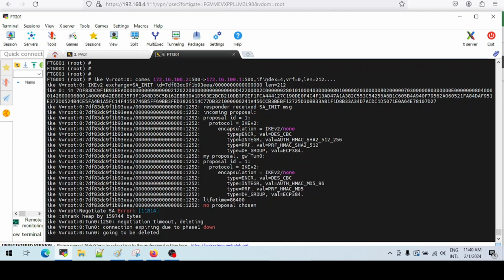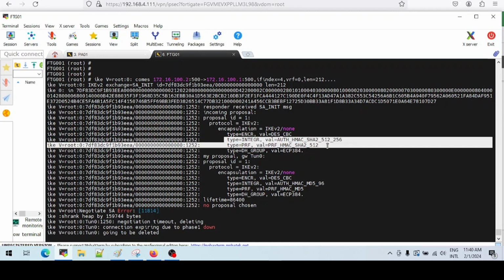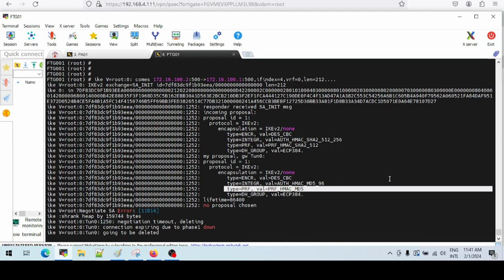So, without going line by line on each of these config parameters, let's have a look at our SHA parameters. And our SHA hashing parameters, here it says SHA 512, and here it says MD5. And we know this to be true because we broke it. But the thing, I guess, is when you get an output like this, you are then able to compare the values from the remote peer that you're receiving versus the values that you have configured locally on your own firewall.